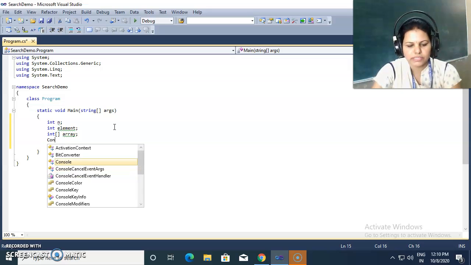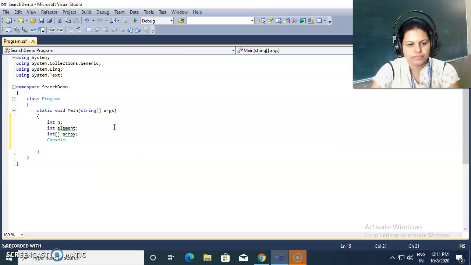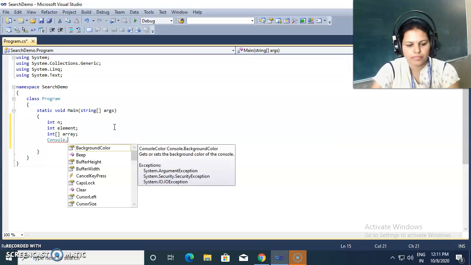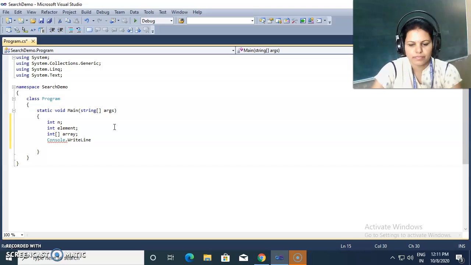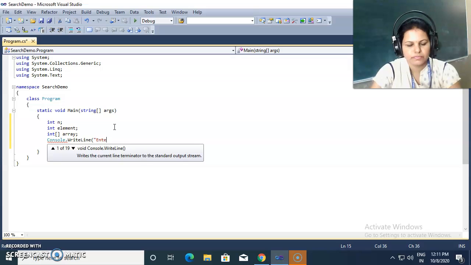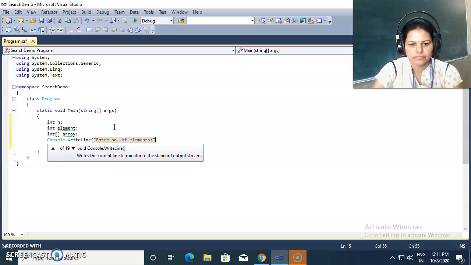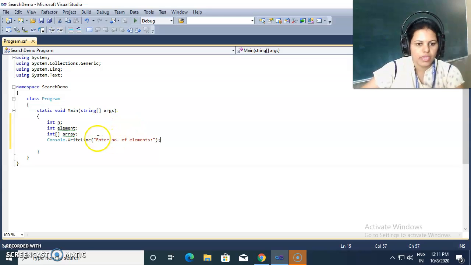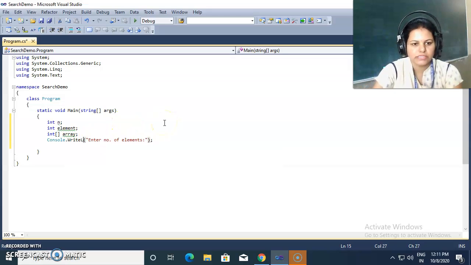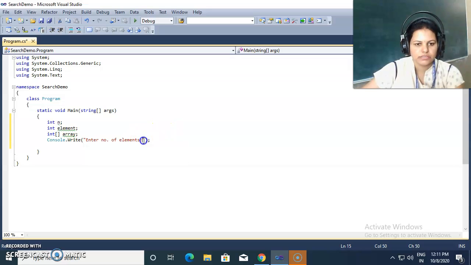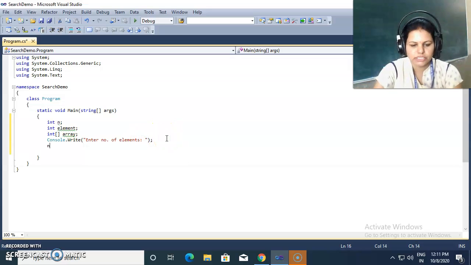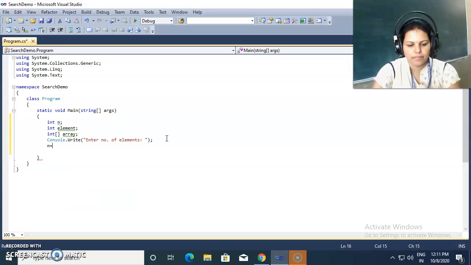Then I'm giving one message to the user like, enter number of elements. Okay, I'm giving one message to the user, enter number of elements. Now I'm accepting the number of elements from the user by using Console.ReadLine.